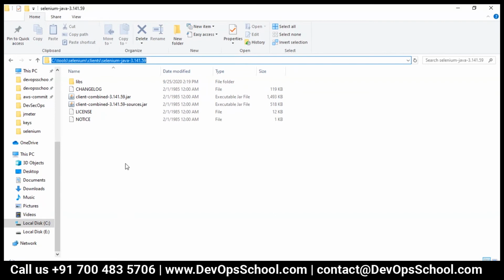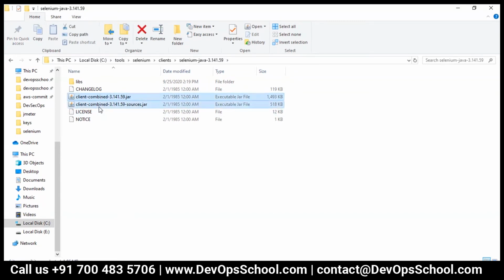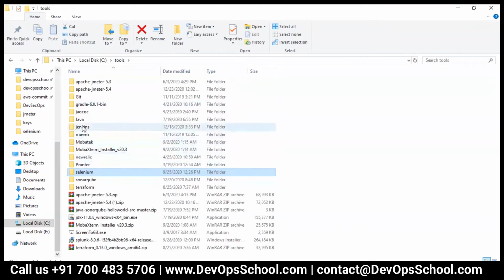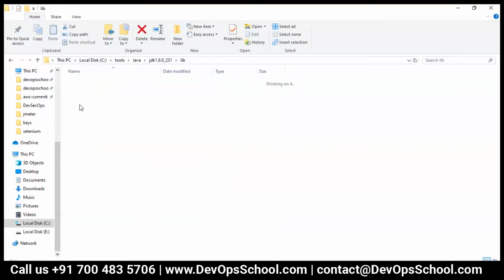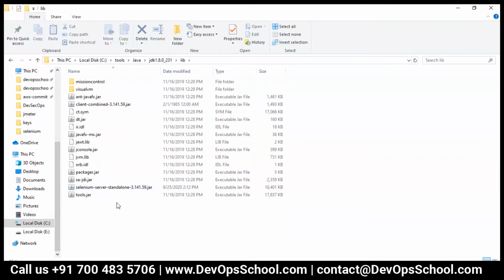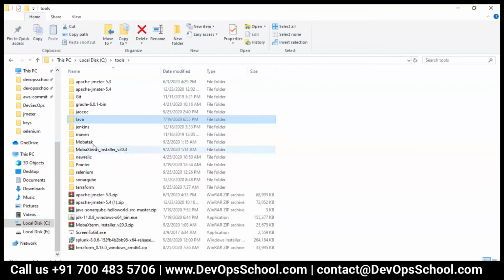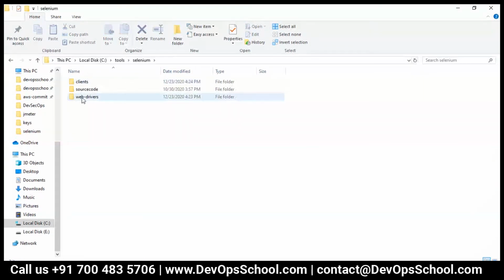You can manually load it, or you can copy all these Java files in the Java home. You can go to this place, Java home. Where is that? Java here, Java 8, and you can go to libraries and you can load it here also. By the way, as grid is loaded here, but you can load it here also. It depends on you. Okay, so I will load it manually so you'll understand better. So I'm not mixing up with the Java. So that is done.